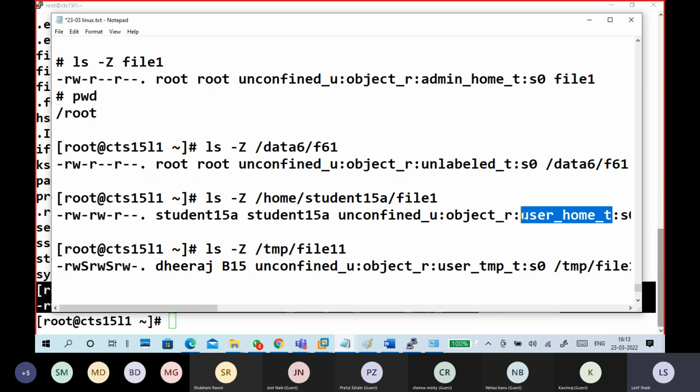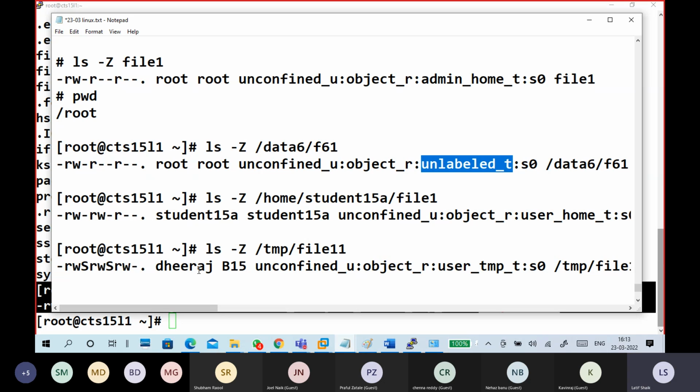The file in the user's home directory shows like this. The file in /root shows like this. The file in the main root directory shows like this.